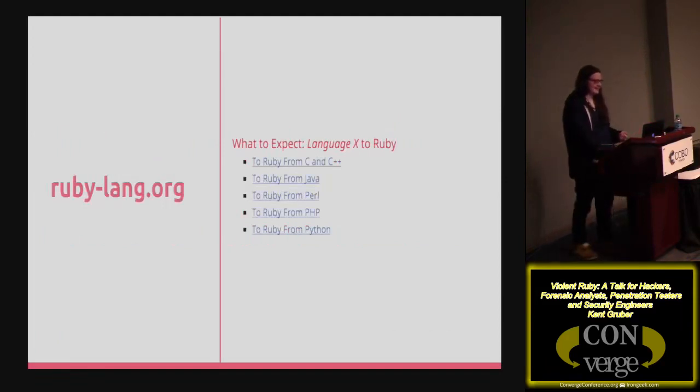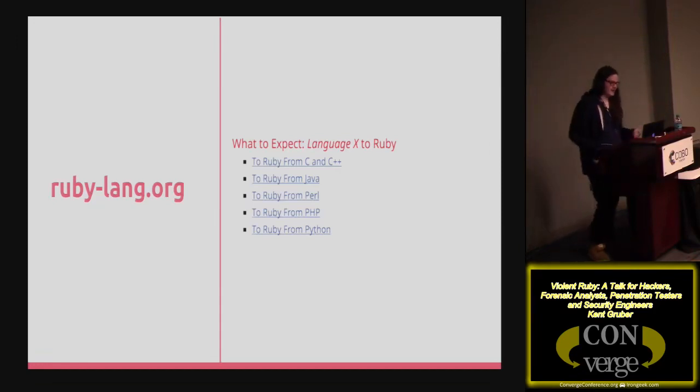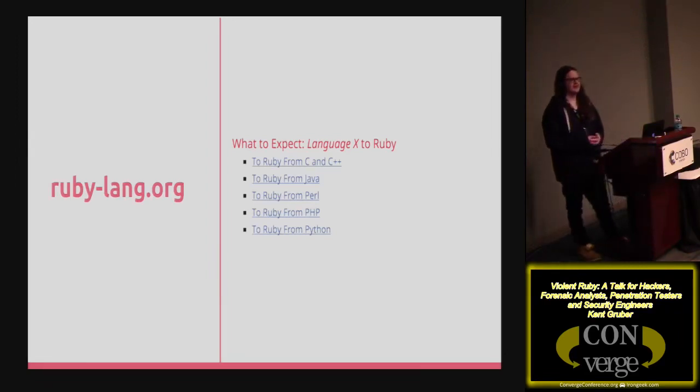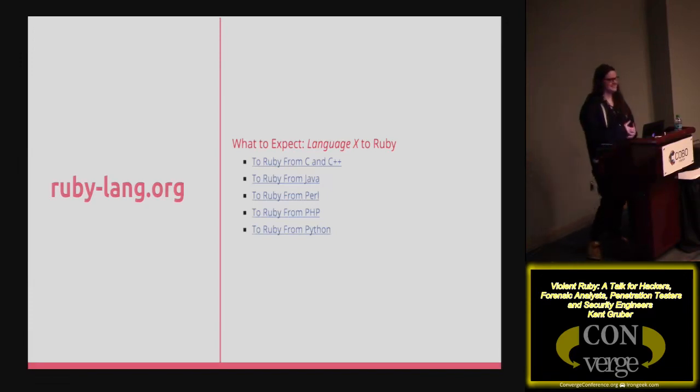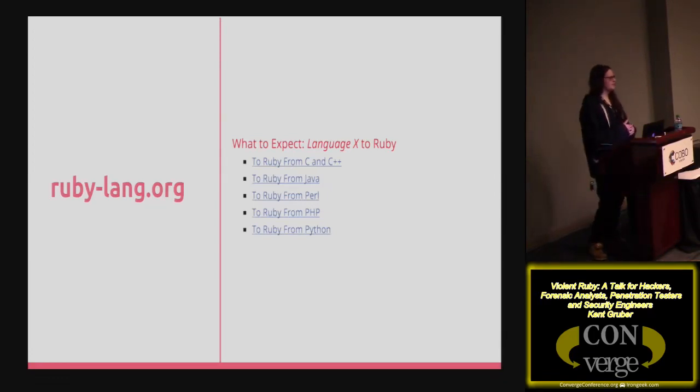Anyway, so Ruby Lang, let's say you're coming from PHP, Python, Java, C, or C++. Weird, but cool. Coming to Ruby, it's very easy to do that. RubyLang.org has some guides to show you how to get started. It's not like I'm going to have to take hours to learn Ruby, or go through intense computer sciencey mumbo jumbo. Basically, it becomes very human readable, where it's almost like sentences.